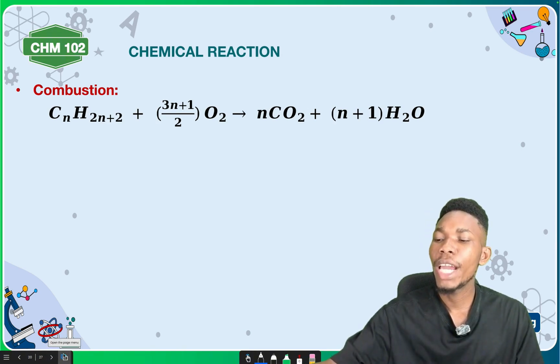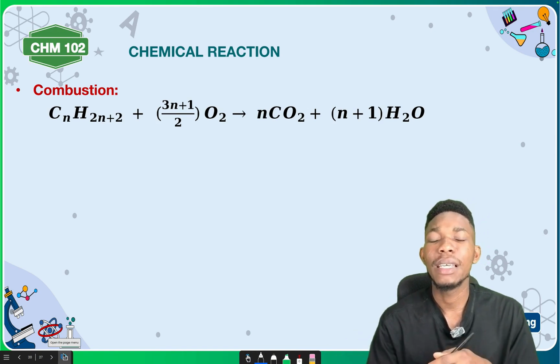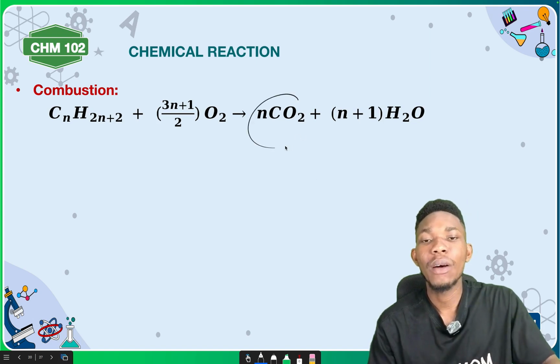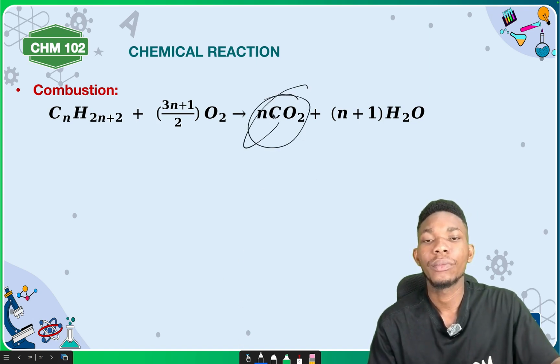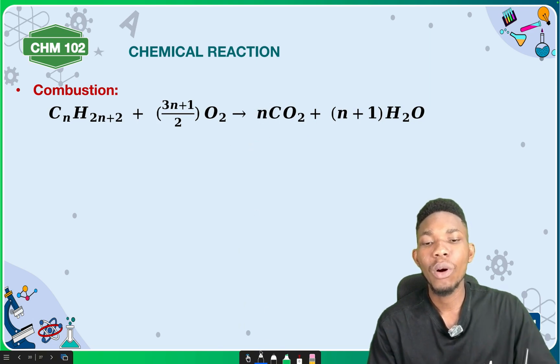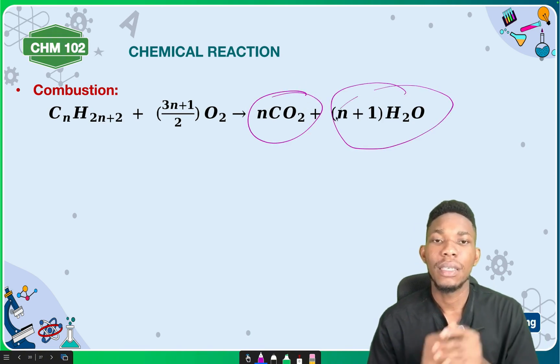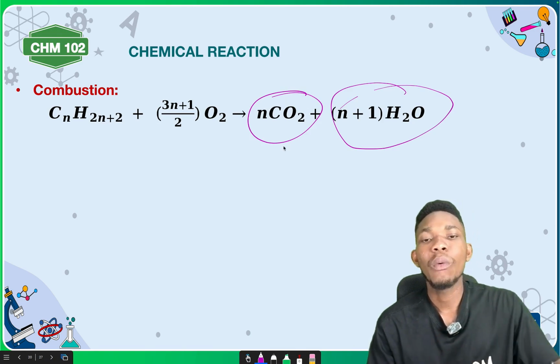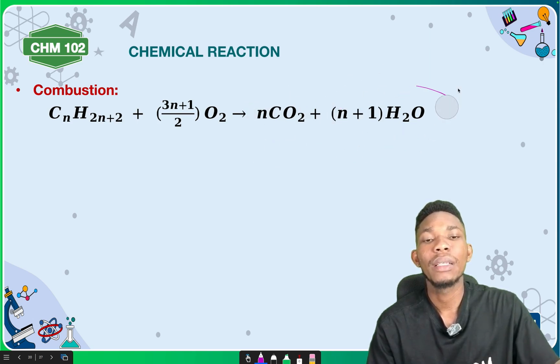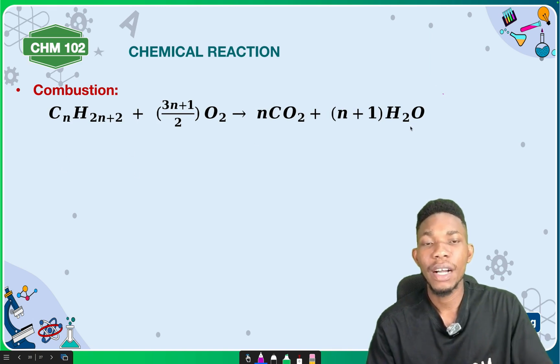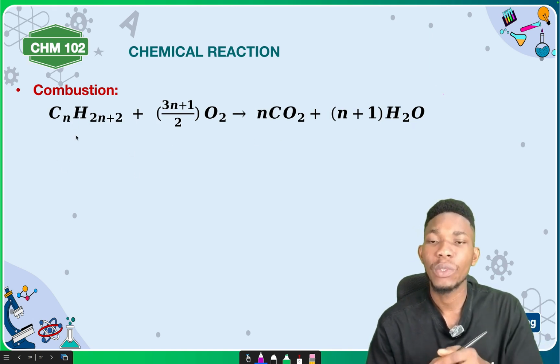Now in combustion reaction, what we basically look at is alkanes. They undergo combustion to form what? Carbon dioxide and water. Is that understood? Alkanes undergo combustion reaction to form carbon dioxide and water. Now what matters is the number of carbon dioxide that will be formed and the amount of water that will be formed. Now this is the general reaction, where n is the number